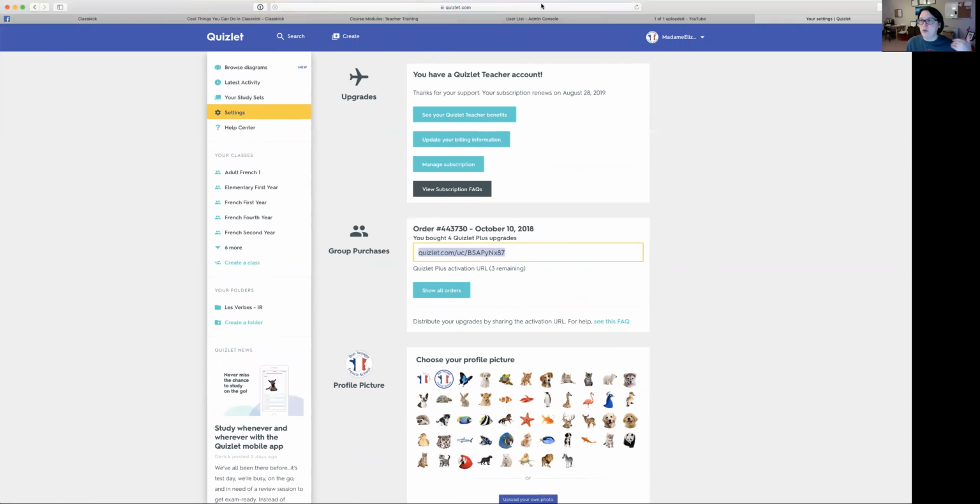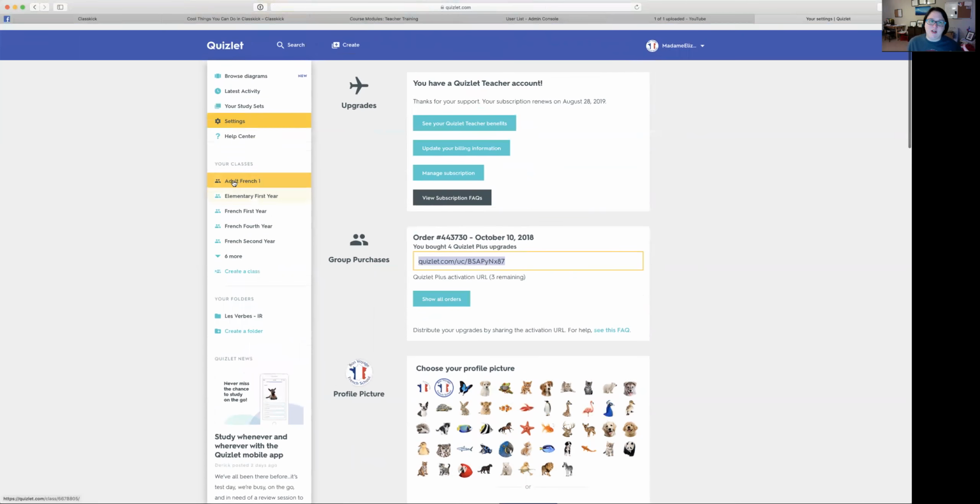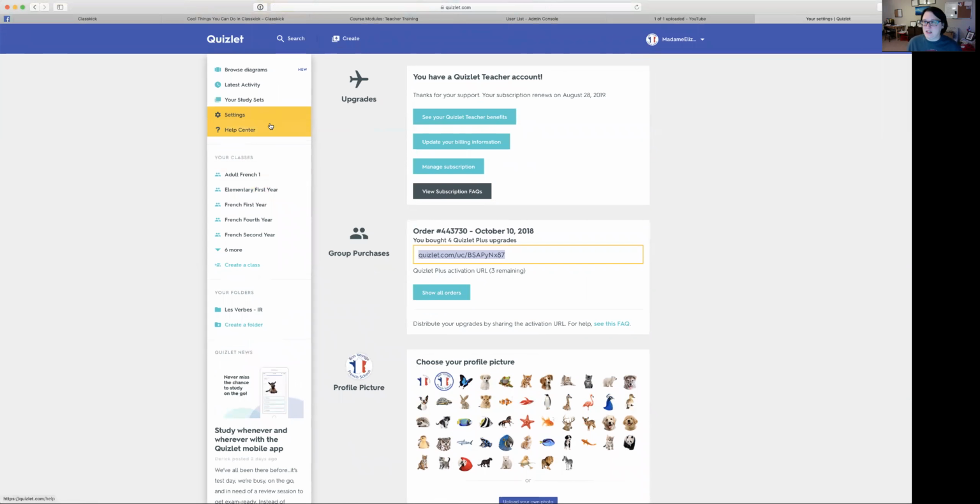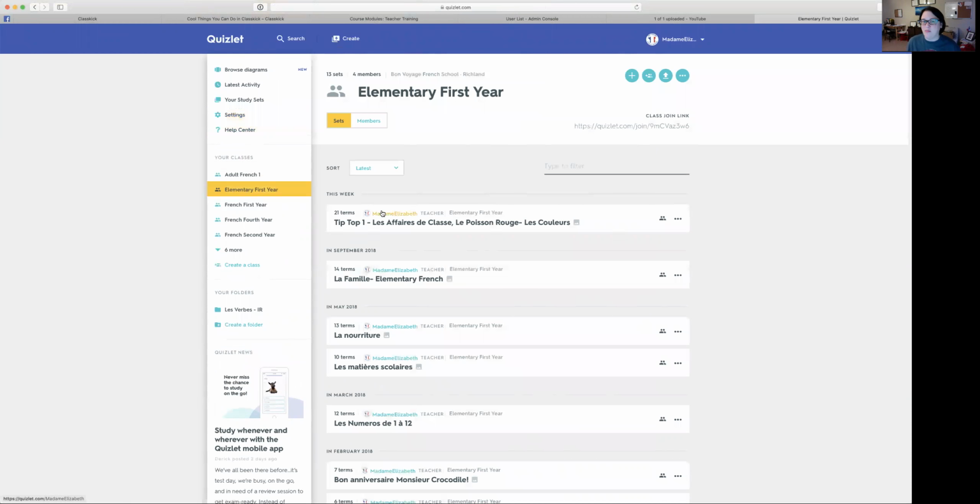If you want to embed one of your Quizlet study sets into Canvas, it's super easy to do that. You can also embed your whole Quizlet, but I find that it's much easier because students really, they do not know how to find stuff. I mean, they really don't. And their parents really don't either. So I embed the specific set that I want them to work on for that particular unit